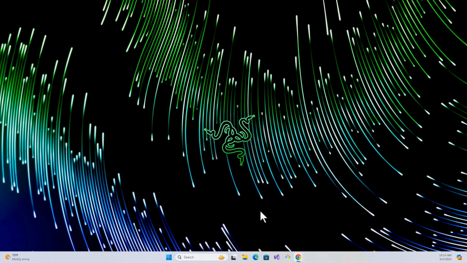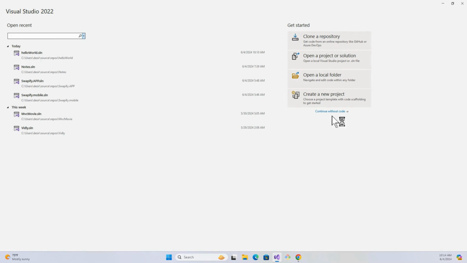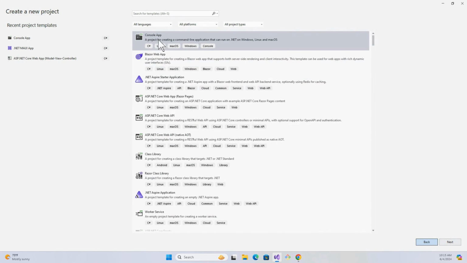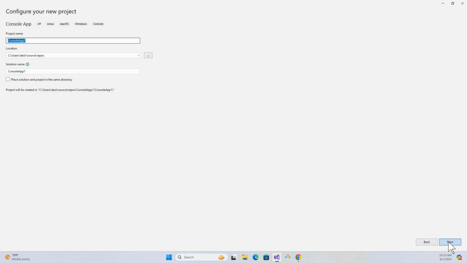All right, after you've downloaded Visual Studio, go ahead and open it. You would have a window that would look like this. On this side, this is going to be all the projects that you've created. We would create a new project. What we are creating is called a console app. So it's just a simple application to focus on learning C Sharp and not get distracted with other things. So go ahead and click on console app